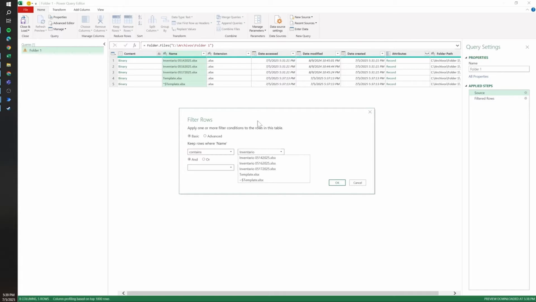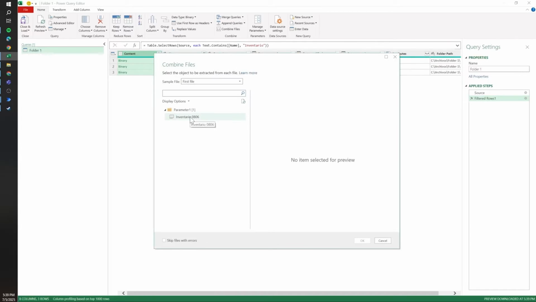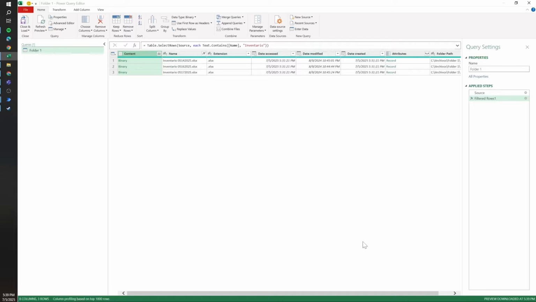And just say, bring anything that has this keyword, so we know all the files we want to merge come in this format. Then we're gonna remove this other filter, and then we just do the regular step, which is just merging everything and putting them together. And then we hit OK. And this is going to create a function that each file is going to call, so we can bring the